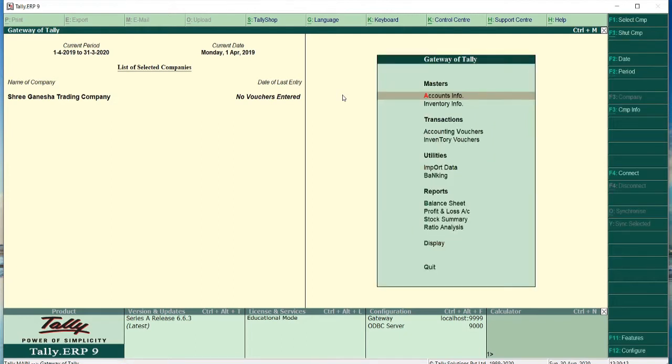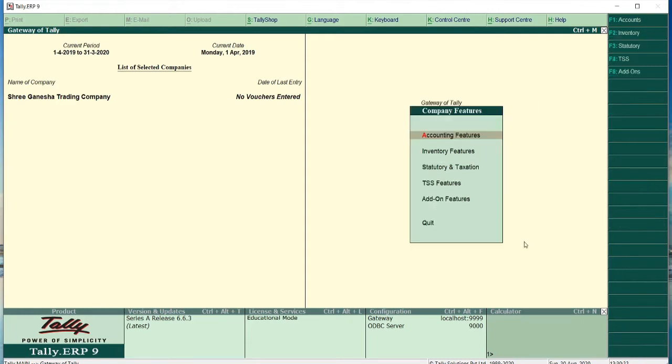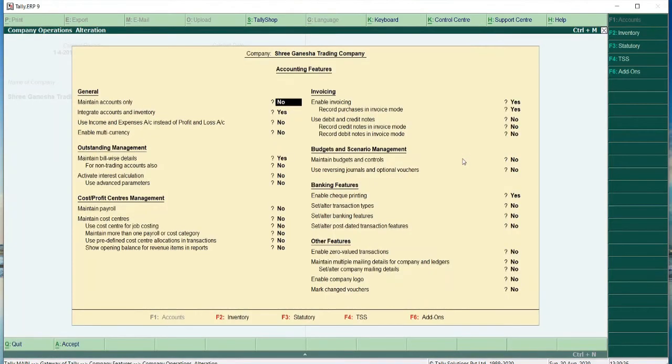So this is the gateway of the Tally interface. You have to be careful that the inventory info option should be there. If it is not there, then you have to go to company features, select accounting features, and from there maintain accounts only. If it is yes, then you have to change this option from yes to no. Accounts only should be no, that means accounts with inventory is yes.